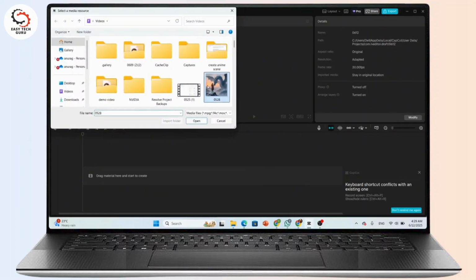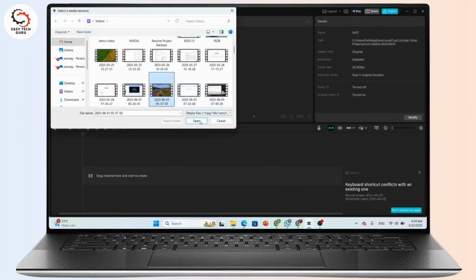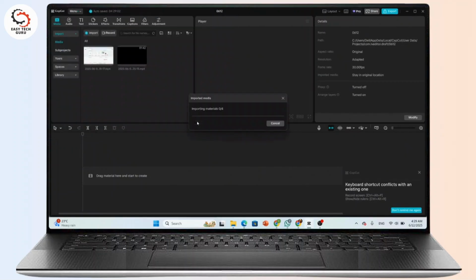Now your file explorer will open, and from here simply locate the videos that you want to import. You can click and drag to highlight them all, or you can hold Ctrl and click each one individually. So here I'm going to simply select 4 clips and open them, and CapCut will now upload these files into the